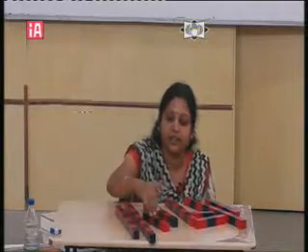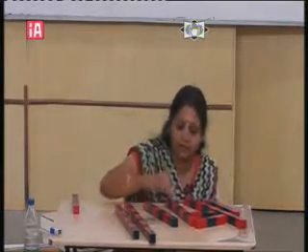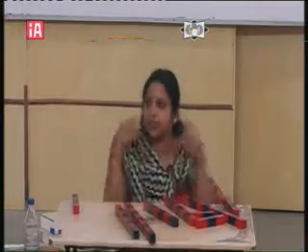Okay, now the child starts searching for the rod of 4 and he traces and gives. Give me rod of 5. It depends on the child. If the child is able to recognize 1, 2, 3, 4, 5, count and give, okay. Or else, maybe if the child is confused, he will see properly, and the child gives you the proper rod.